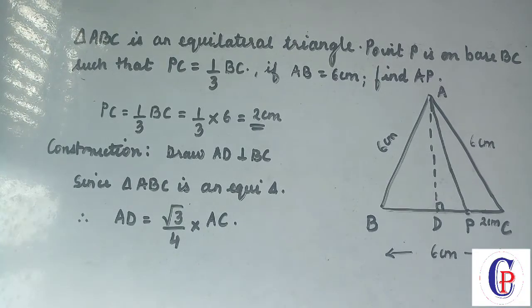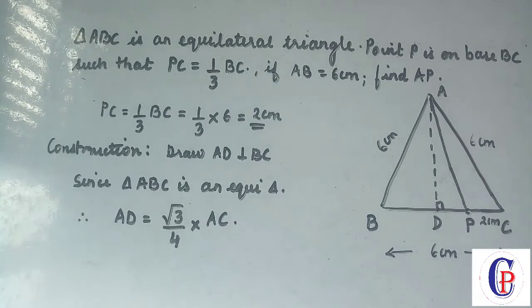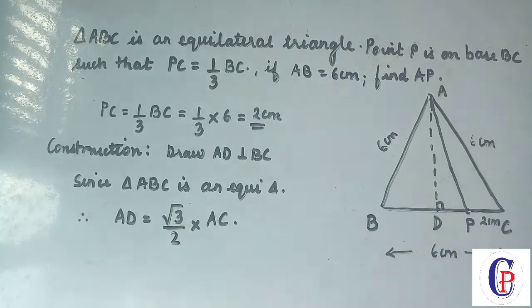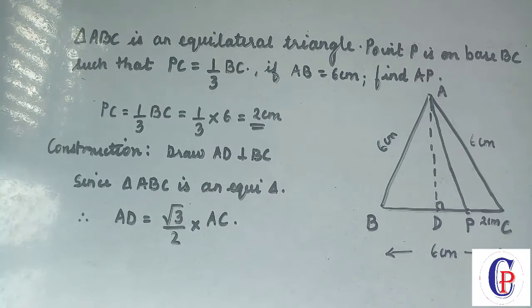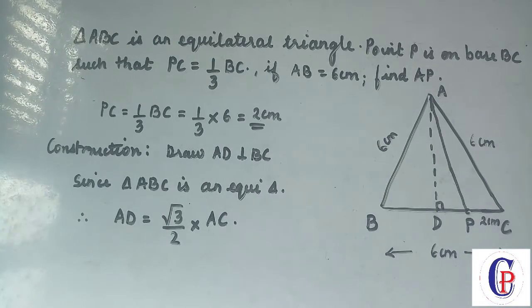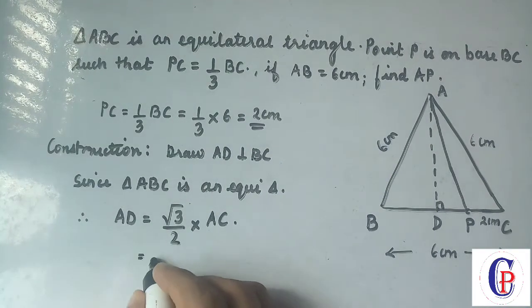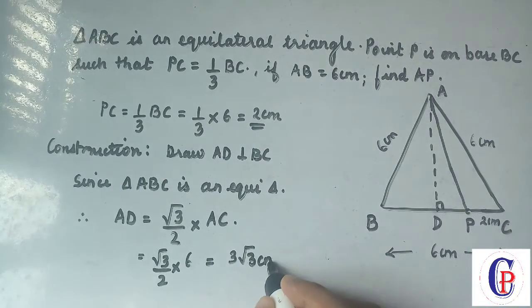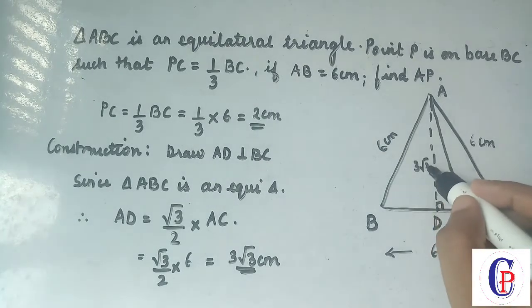Okay, you can take any side. You can write AB, you can write AC, you can write BC, any side. Okay, so this is the relation of an equilateral triangle side and the altitude, that it is always √3/4 altitude, sorry, side. Okay, sorry, that is √3/2, not 4. Okay, it is √3/2 into AC. Okay, so altitude is always √3/2 the side. Okay, so this gives us √3/2. AC is already known, 6. Okay, so this is 3√3 centimeters. Okay, so we have got this as 3√3.